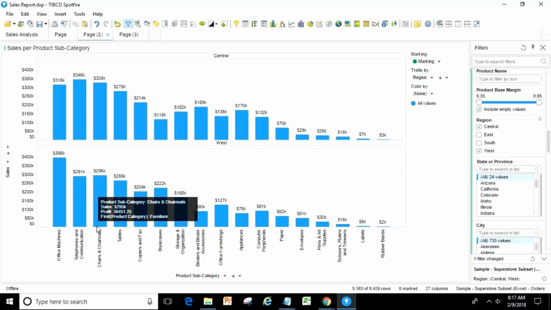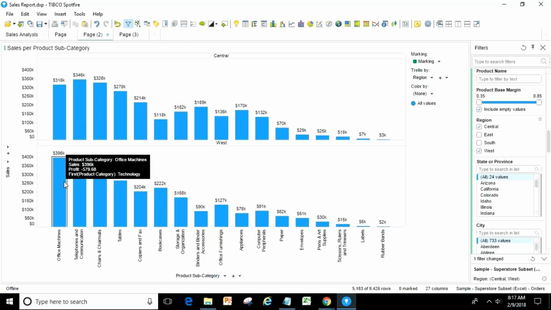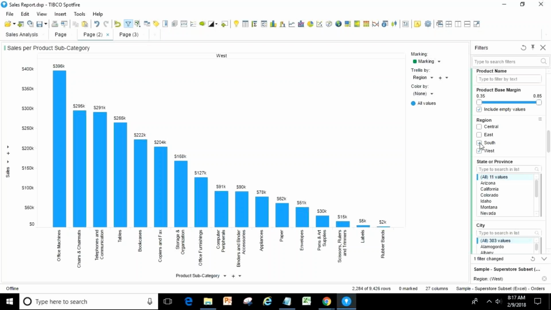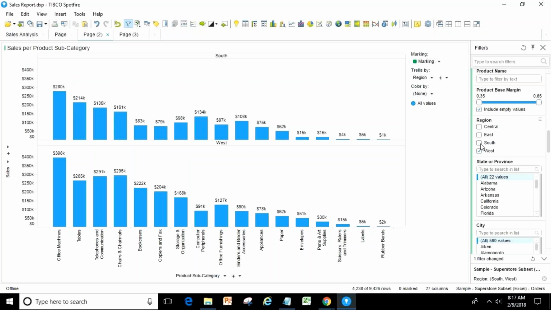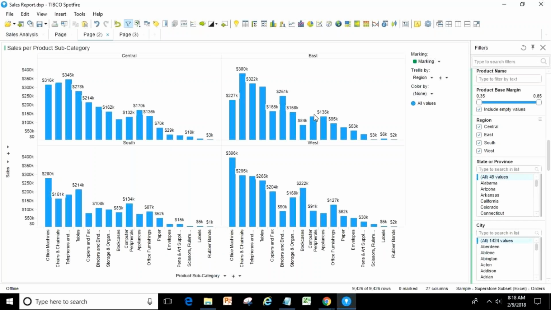So here you see, central is showing me $316,000 and west is giving me $396,000. So I can easily compare the things. I want to compare west, then south to west, then south to east, west to east, like this. I can easily compare. So this is called the Trellis option using panels.